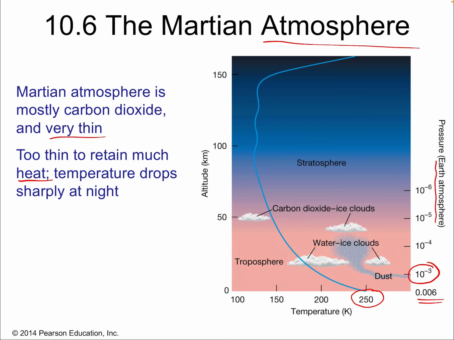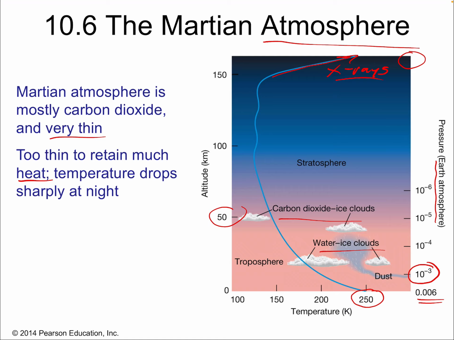But it does support clouds, so there are water ice clouds, and there are carbon dioxide clouds at about 50 kilometers above the surface. The temperature falls off as you go higher, and then it shoots up again. It shoots up for the same reason that we see with a lot of the atmospheres. This is because of absorption of X-rays. Okay, so it's high temperature up here, but up here the pressure is so low that